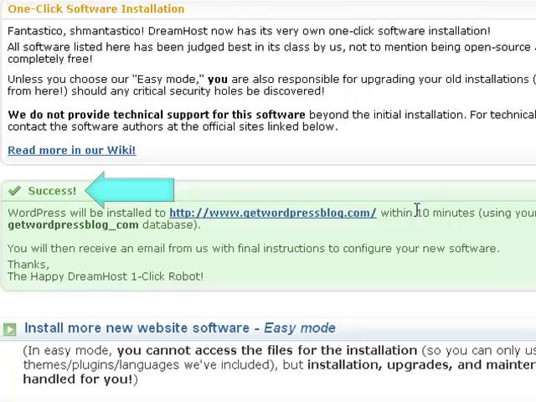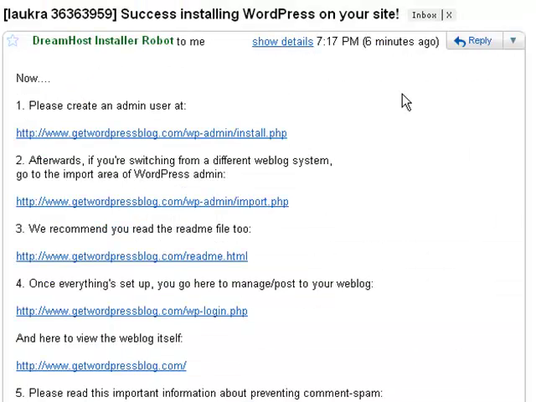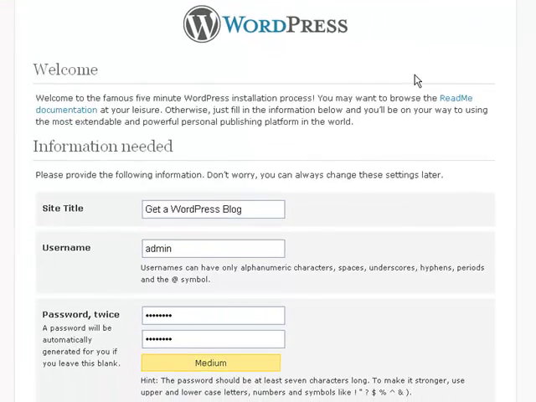It's now set up, and it says within about 10 minutes, and that's usually about right. You can get in there and start editing and setting up your website. In just a few minutes, you're going to receive an email, and it's going to tell you that you are ready to finish installing WordPress on your site. You're going to follow this first link over here, which is going to take you to the install page